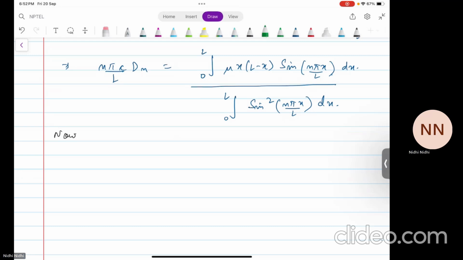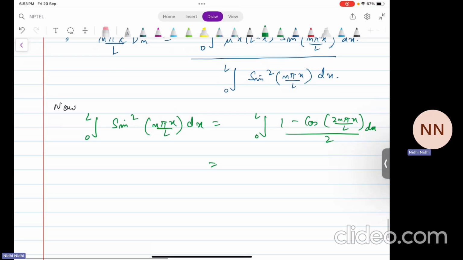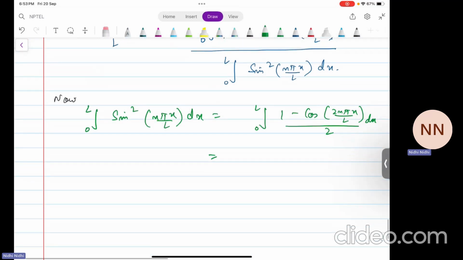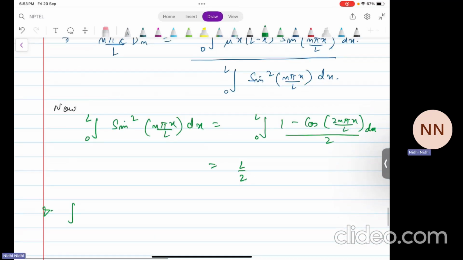Now we have the integral from 0 to L of sine square n pi x by L dx, which is equal to the integral from 0 to L of (1 minus cos 2 n pi x by L) by 2 dx. You can easily integrate it, and after putting the limits you will get L by 2. And the numerator, 0 to L,